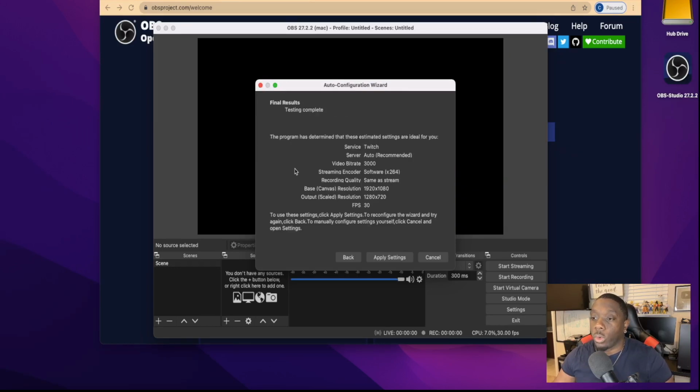All right, so once it finished testing, it's going to give you all of these results. It's going to say what the service is you're using, whether your server is auto, your video bit rate, and then your streamer encoder software, record quality, base canvas, and then your output resolution. So this is based on it reading your machine and kind of deciding what's best for you. So you just click on apply settings.